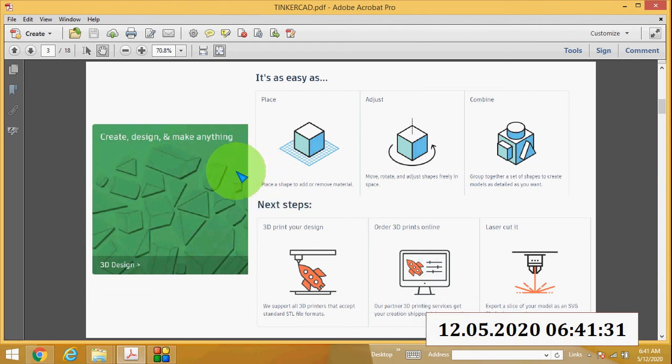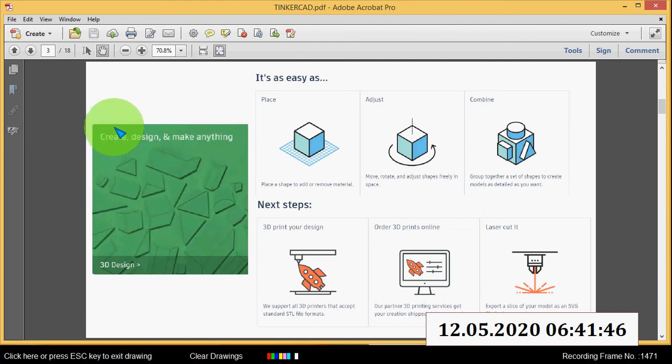As I already explained, the three main areas of Tinkercad are 3D design, electronics and coding. The first one is 3D design. You can create, design and make anything. You can place a shape to add or remove material.